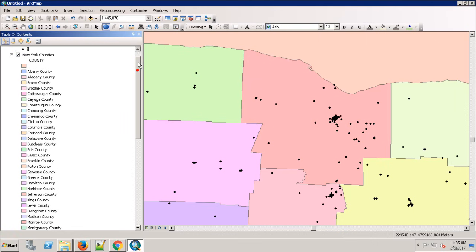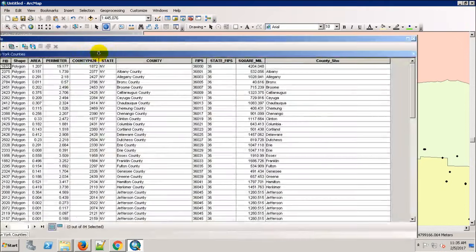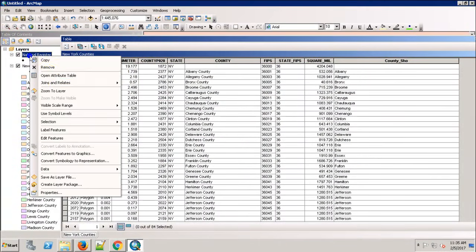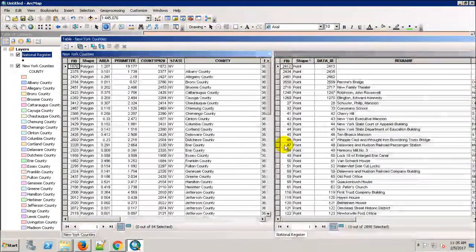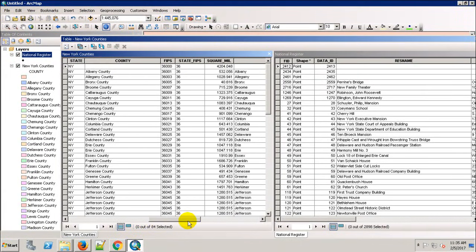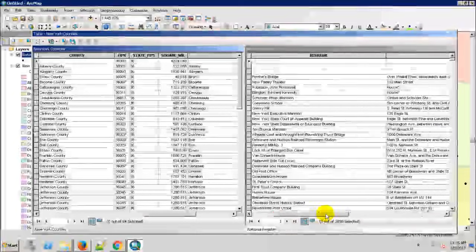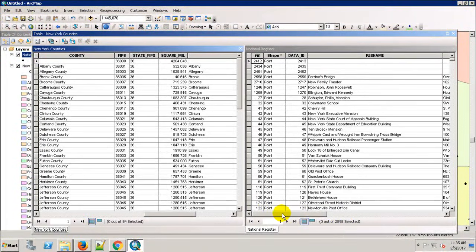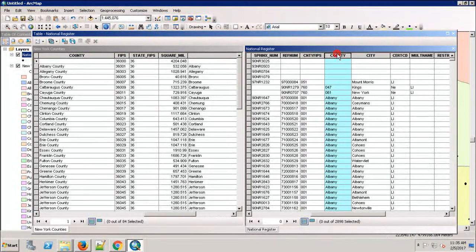Now, to set up a relate, let's look at the tables first. So I open the attribute table of New York counties, and I open the attribute table of the National Register locations. You can see that the counties basically are just giving me reference information: the name of the county, what state it's in, identifier codes, and so forth. If we look at the National Register points, you can see I get more information: the name of the resource, where it's located, and so forth. Now I also have things like county information,